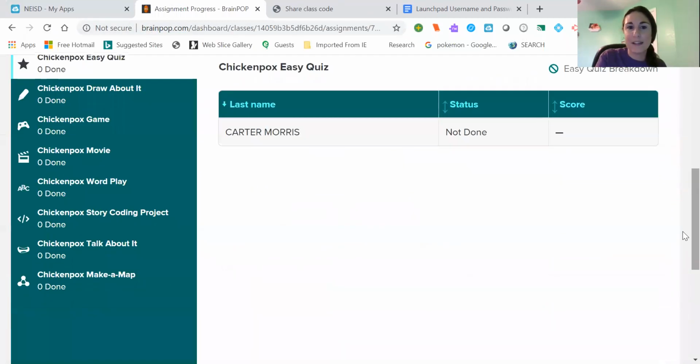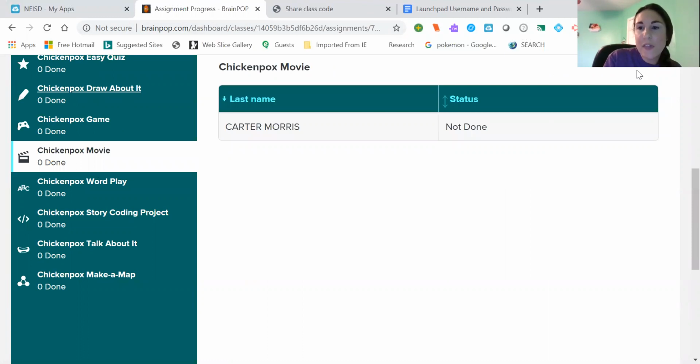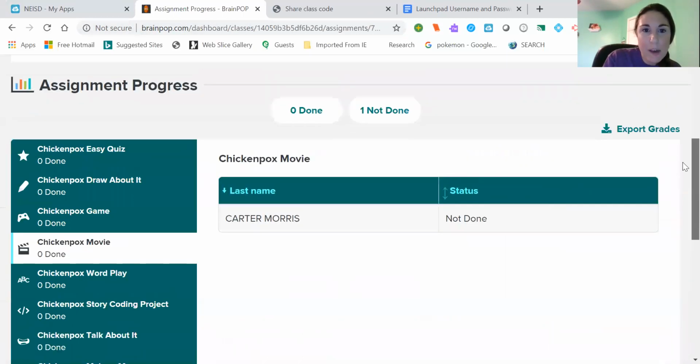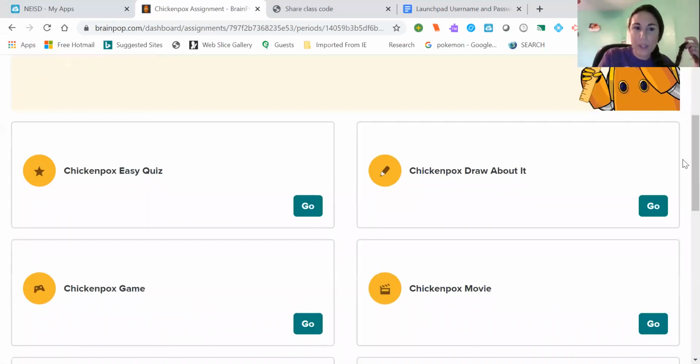I assigned it to my kids so I could see how it worked. They would watch the video because I added in the movie. Then they have this draw about it. So I can view it as a student so you can see what they're able to see, so you can see exactly how cool it is. So the draw about it one,